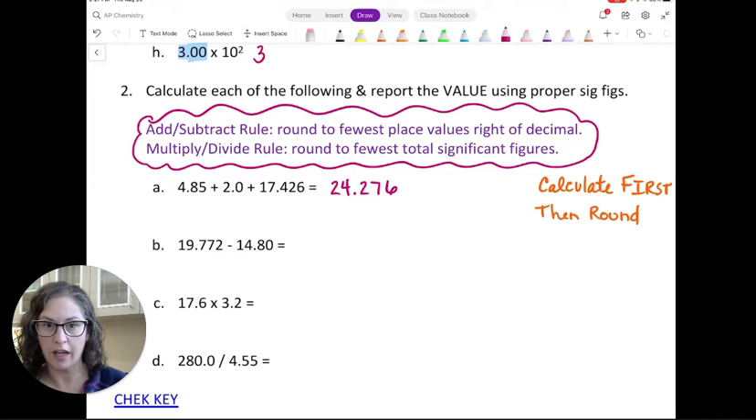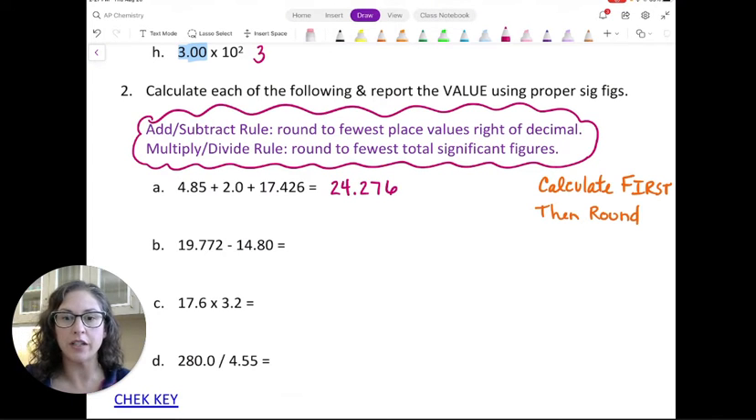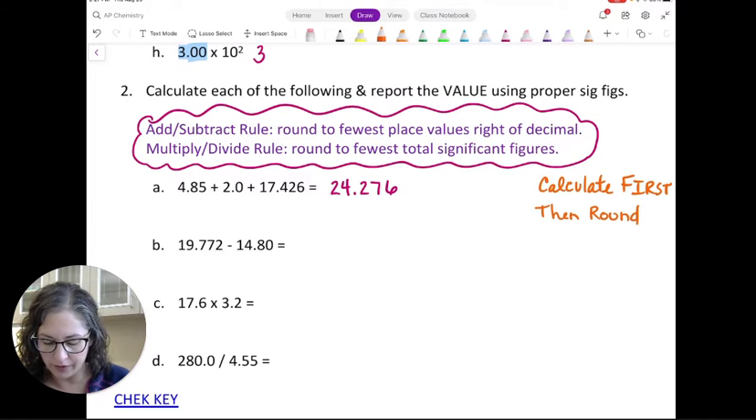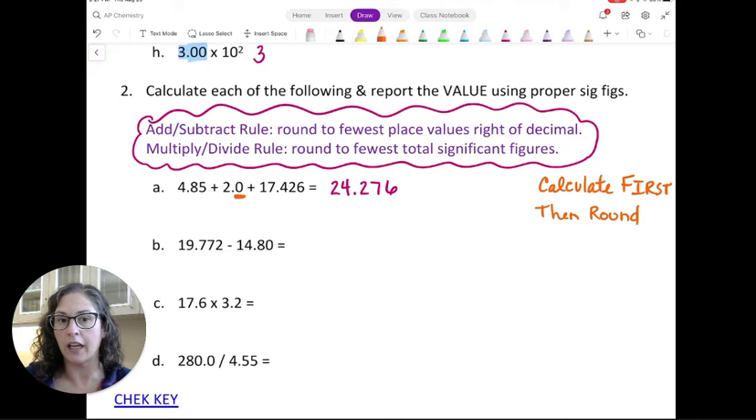24.276. Okay, now after I've done the calculation, I go back and I take a look, and it looks like we only have one place value right of the decimal in this number. So you look at all 3 values that you're adding. What's the fewest place values right of the decimal for any of those? And so that means that we're going to only have one place value right of the